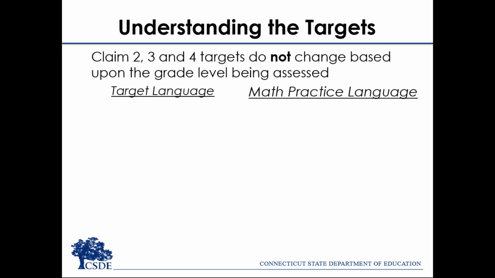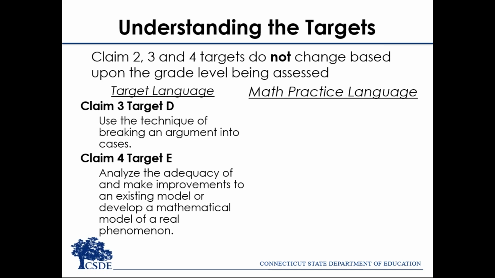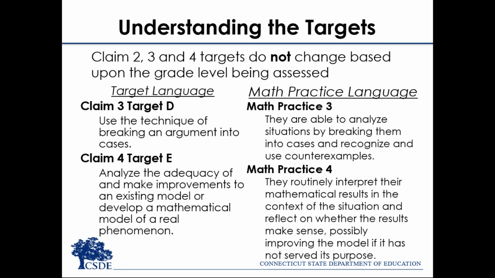In order to illustrate that point, let's take a look at Claim 3, Target D, which is to use the technique of breaking an argument into cases, and Claim 4, Target E, analyze the adequacy and make improvements to an existing model or develop a mathematical model of a real phenomena. If we cross-reference this